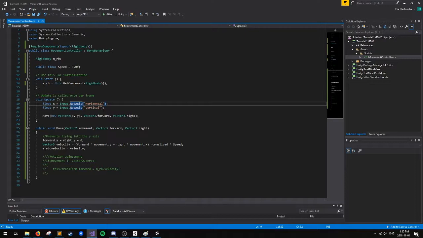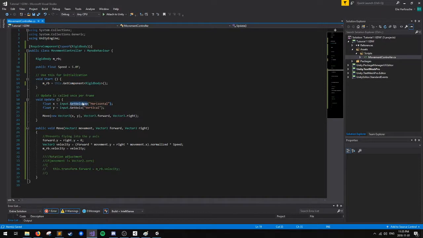But in the case of here, what's going to happen is that there's no noise. You're just getting 1 and then back to 0. And when you go back to 0, it's not going to go back to 0 instantly. It's going to start going 1, 0.9, 0.8, 0.7, and so on, all the way down to 0. And it's going to take a bit of time. So, best way to solve this is we can just ask Unity for the